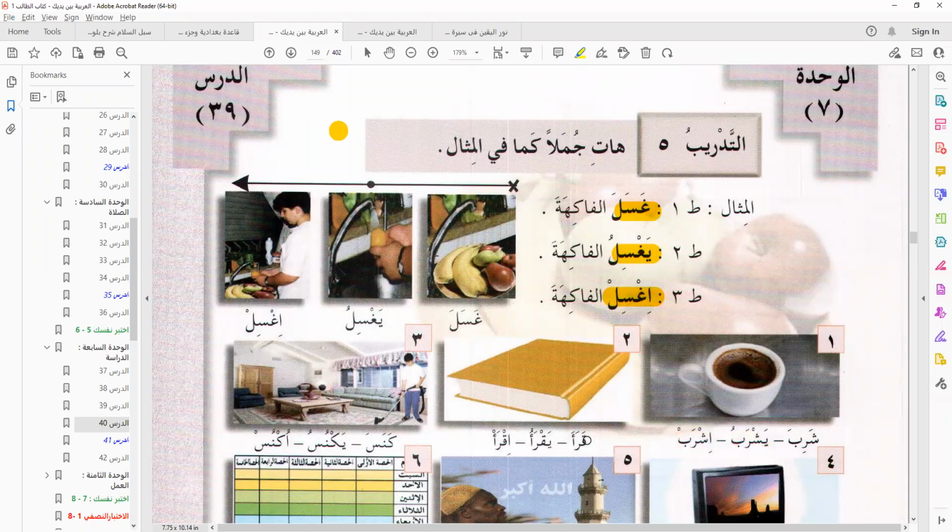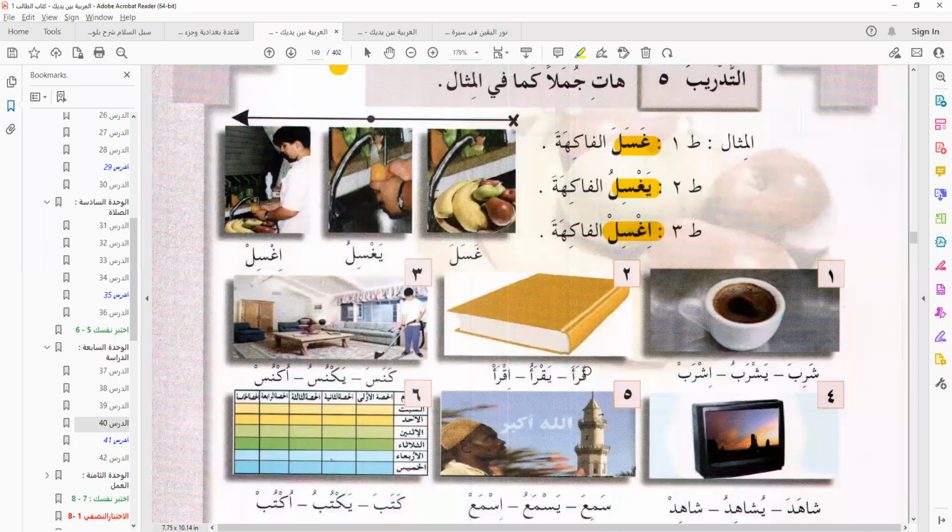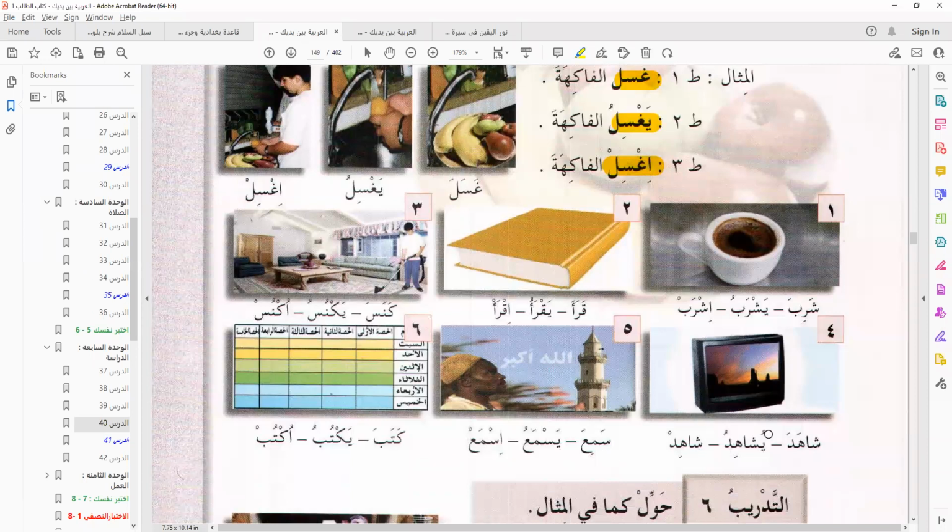We have the same here: Qara'a, Madi, Yaqrahu, Mudari', Iqra, Amru. Kanasa, Madi, Yaknusu, Mudari', Uknus, Amru. Shahada, Madi, Yushahidu, Mudari', Shahid, Amru.